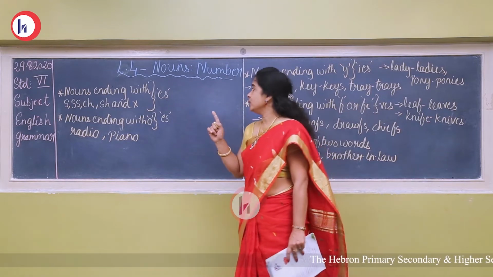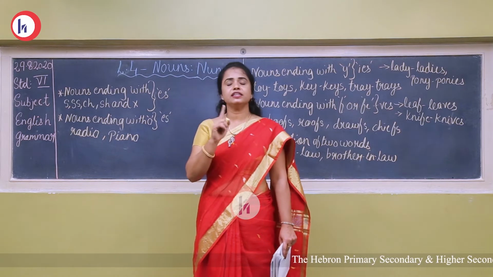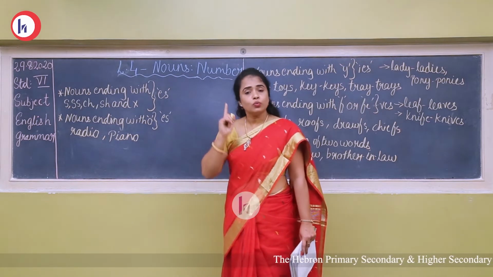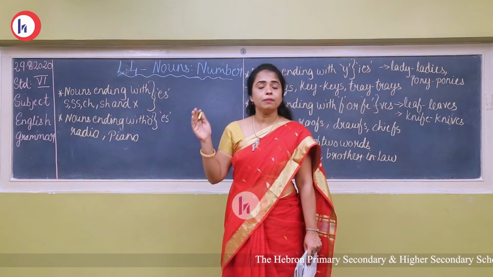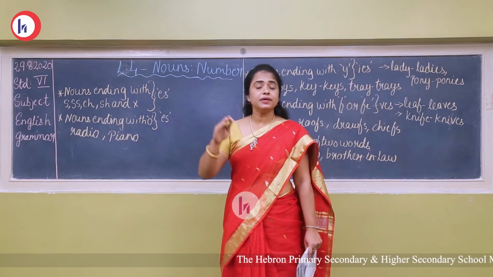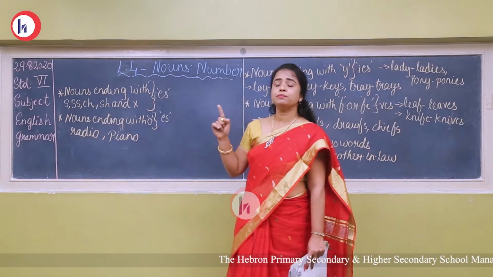So it is a singular number. Single means what? Only one. So singular and single, you should remember it that way. A singular noun is a noun that refers to only one person, place, animal or thing. For example, a boy, a toy, a pen, a book, a table, a teacher. Only one person, place, animal or thing is being referred to.